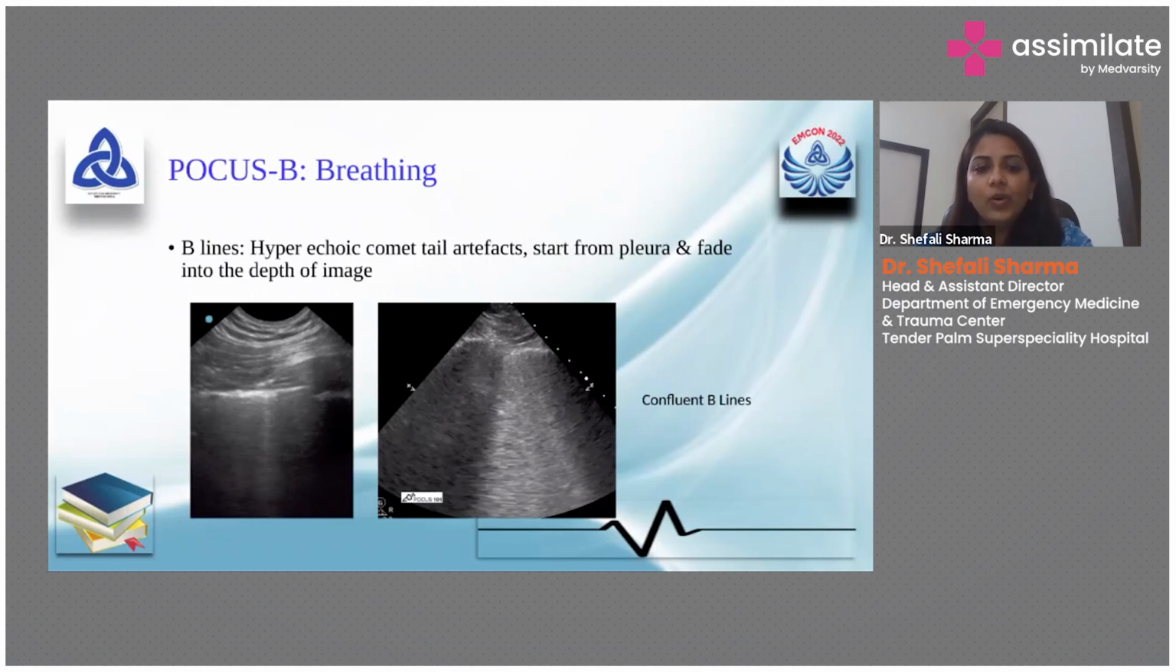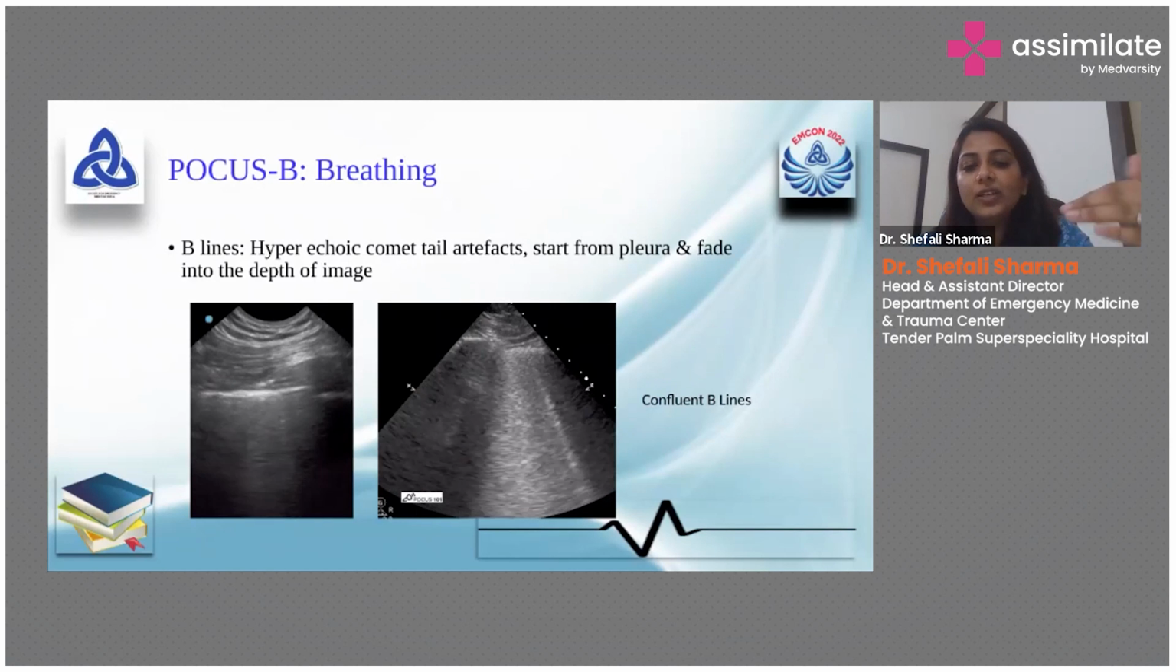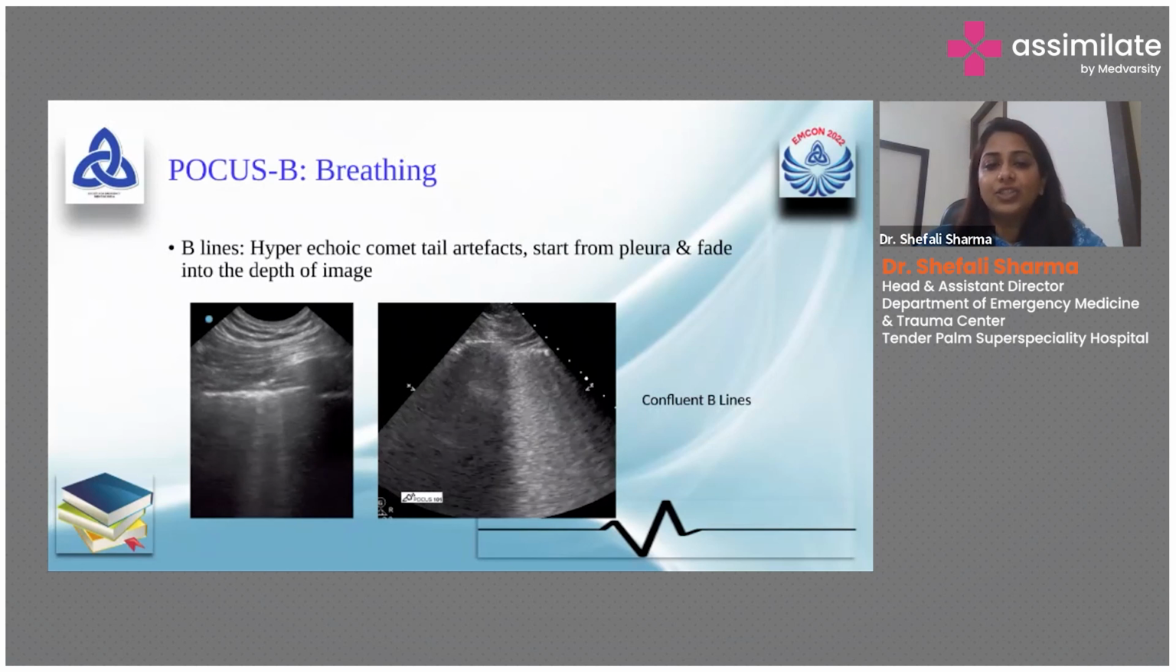Now, talking about B lines, B lines are hyperechoic comet tail artifacts which start from the pleura and fade into the depth of the image. So these are the vertical lines. A lines are horizontal lines, and B lines are vertical lines. Generally, when we check a lung zone, at least 3 to 4 pleural lines should be there. But if there are a lot of lines coming together in a confluence, then it is called confluent B lines, and it